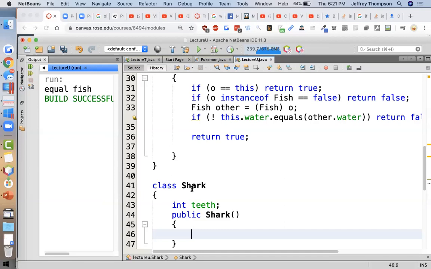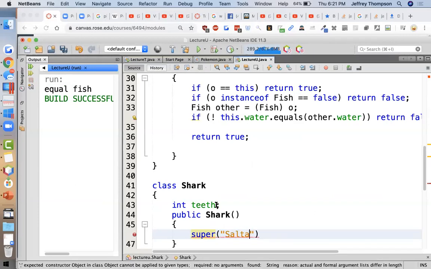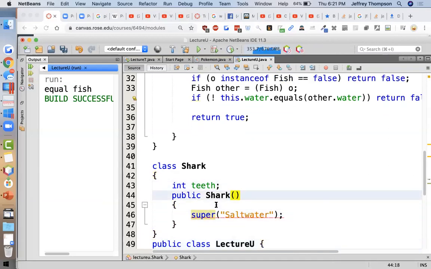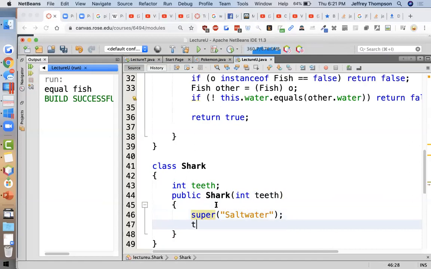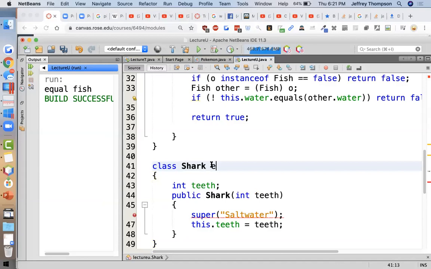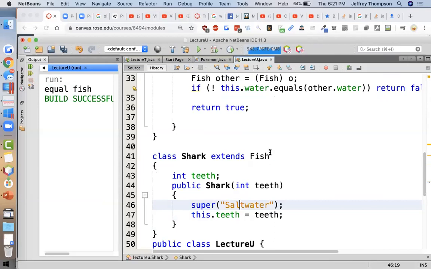So the constructor would need to call the super constructor and say that this is a saltwater fish. And what if it took a number of teeth, right? And so the constructor set this.teeth equal to teeth. And it extends the Fish class, right? Okay, so